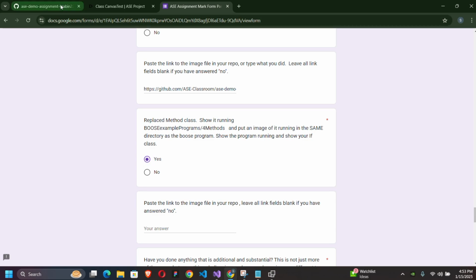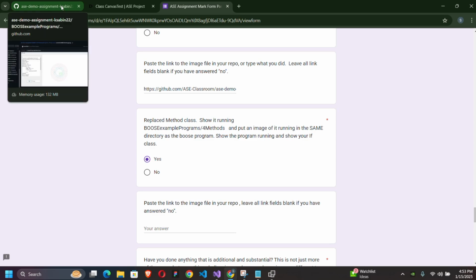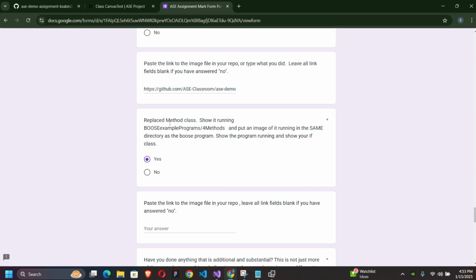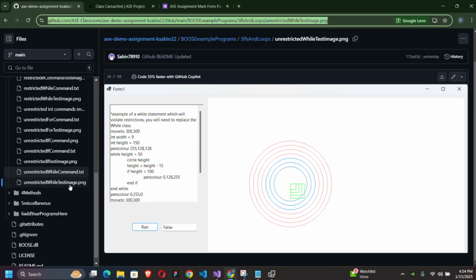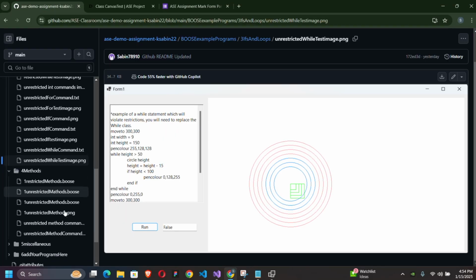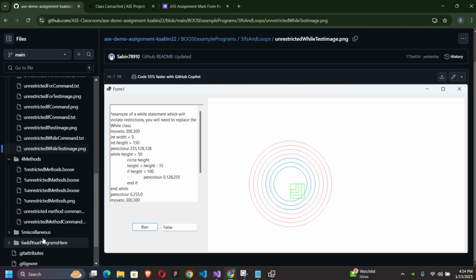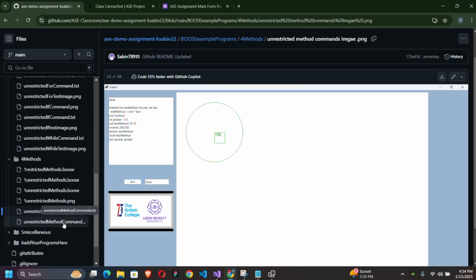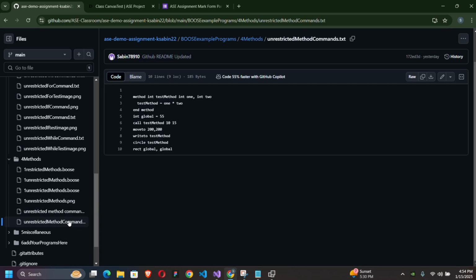So for method, I go to my unrestricted method command and copy the code. Unrestricted method command, I copy the code, go to my form,